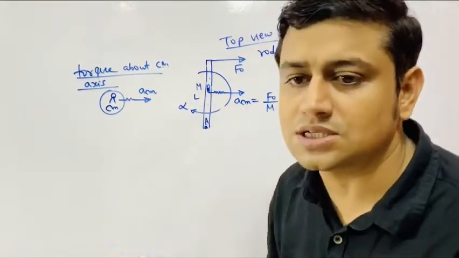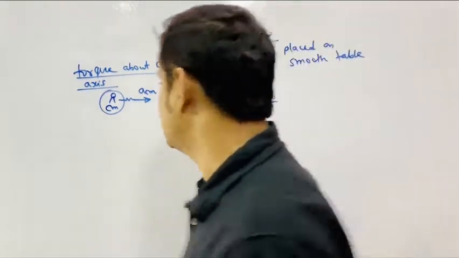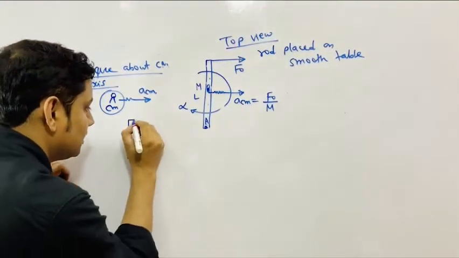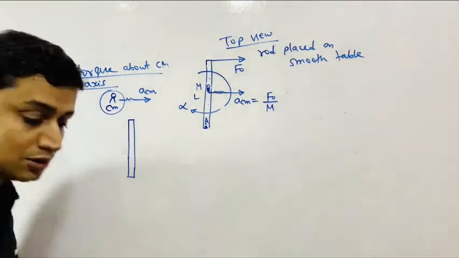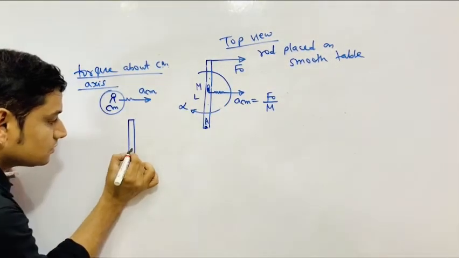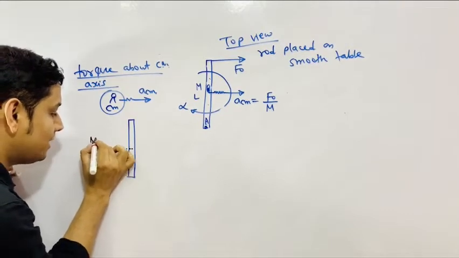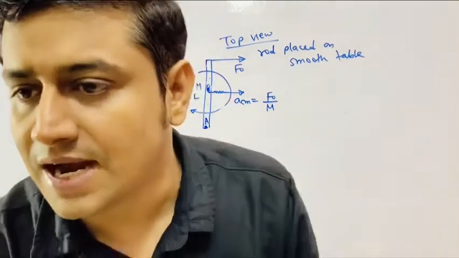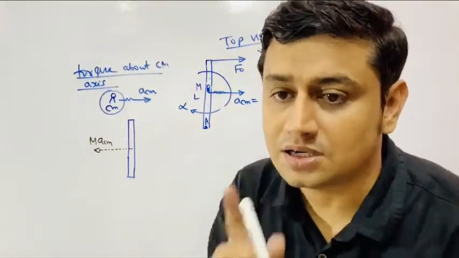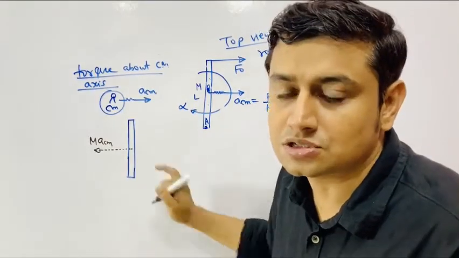Here all forces are same. So the center of pseudo force coincides with the center of mass. So when this person takes the FBD, this person has to take a pseudo force here. What is that? M into ACM. Pseudo force always acts on the center of mass of the body. Understand it very clearly. Pseudo force always acts on the center of mass of the body.